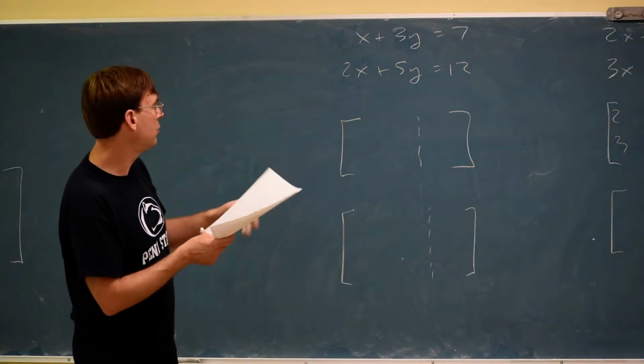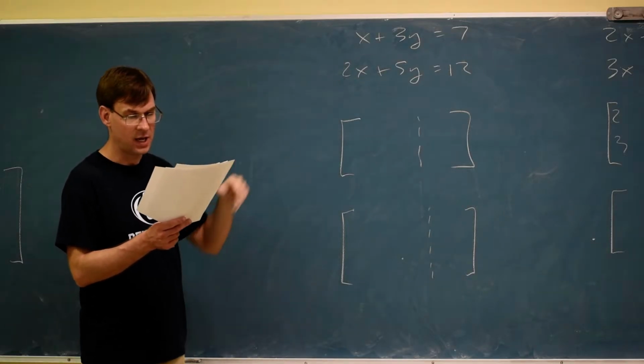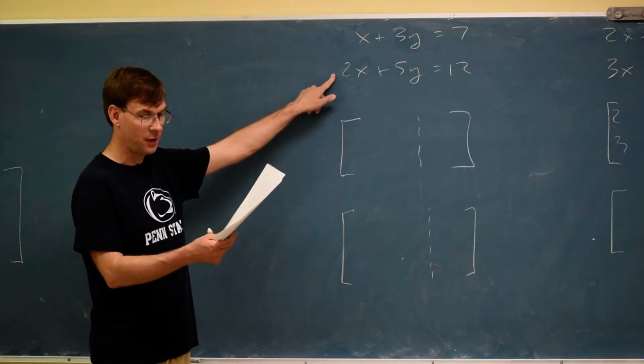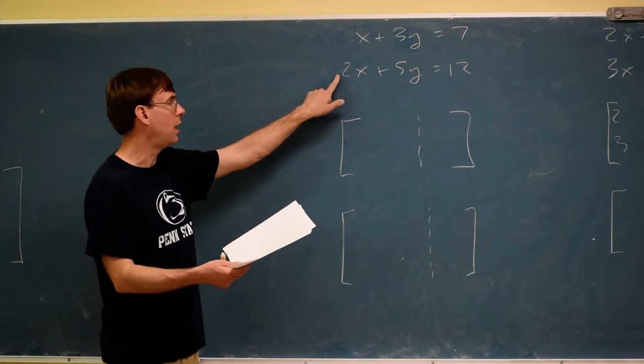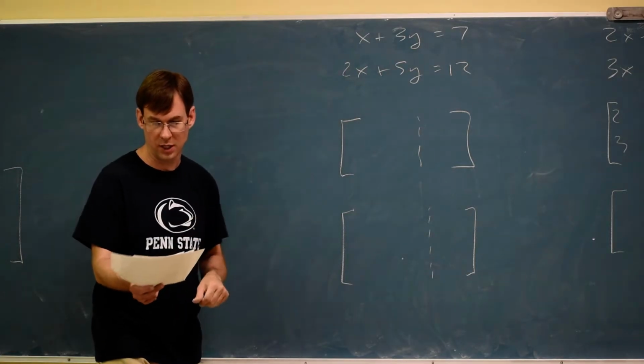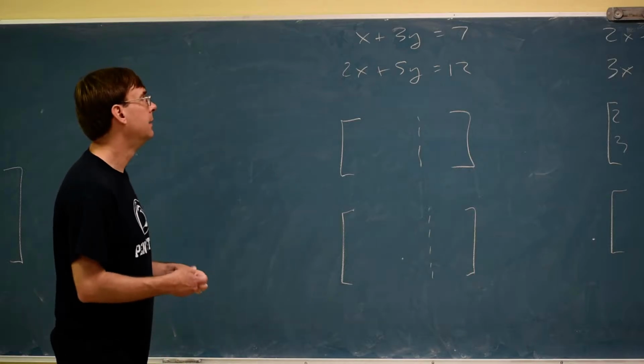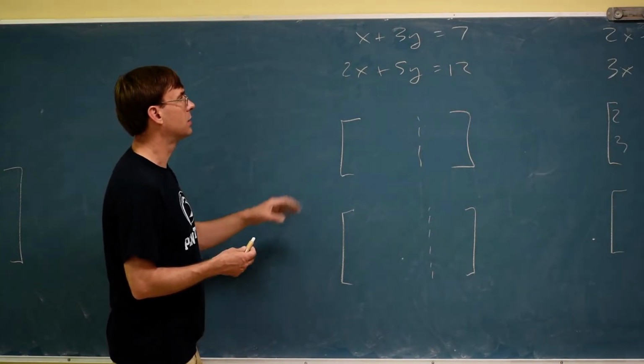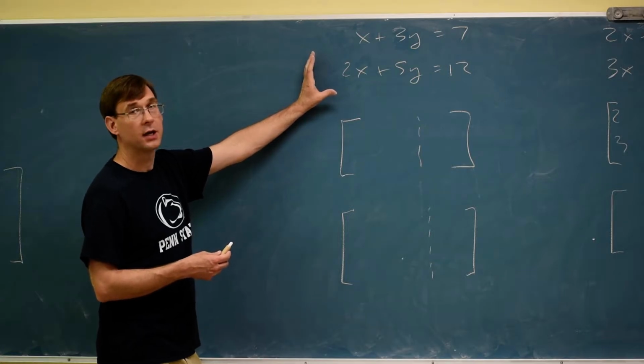So I'm going to do this 2 by 2 first, even though it's not the first problem in the notes, it's on the notes. I'm going to do this one because I think a 2 by 2 is an easier way to start the lesson. So to make this matrix, when you're looking at the system, we're going to just copy the coefficients,